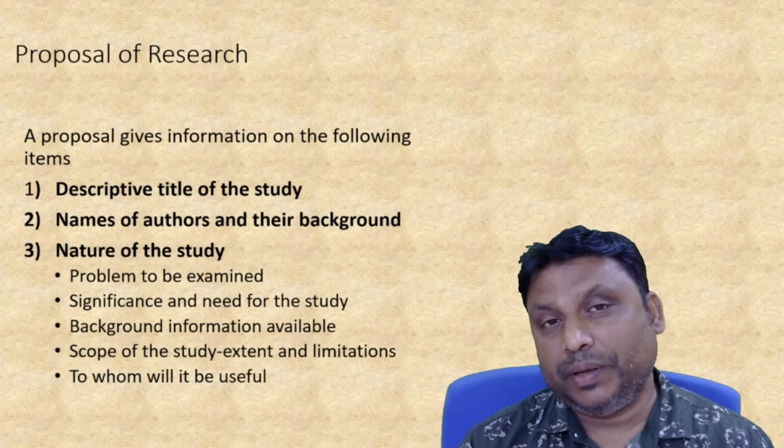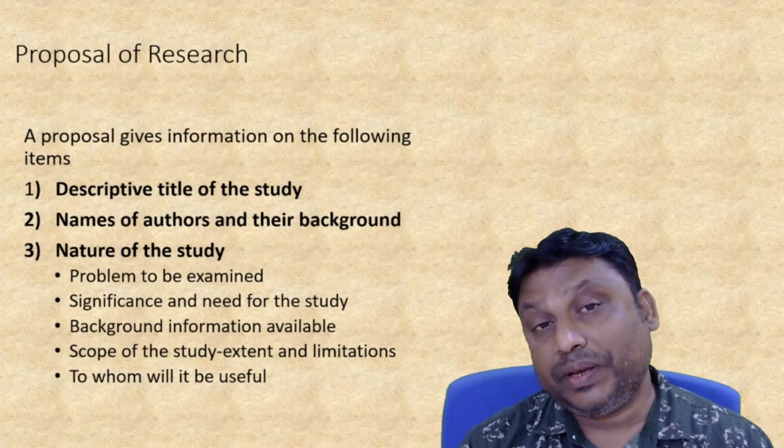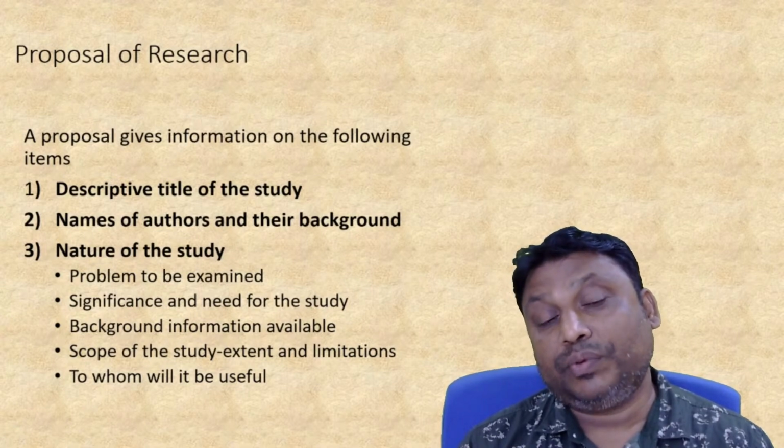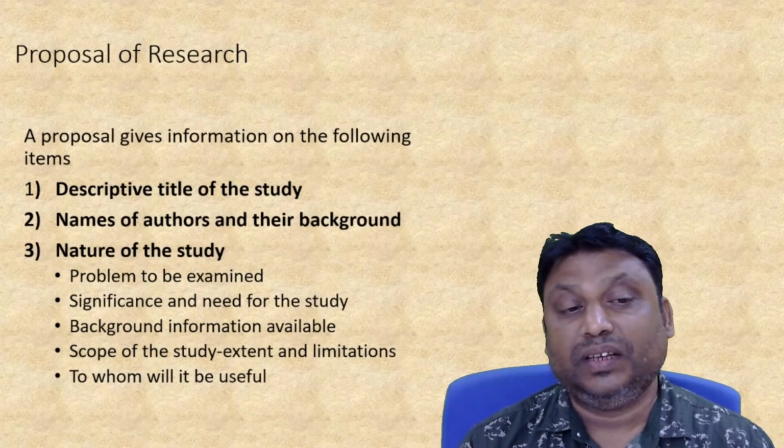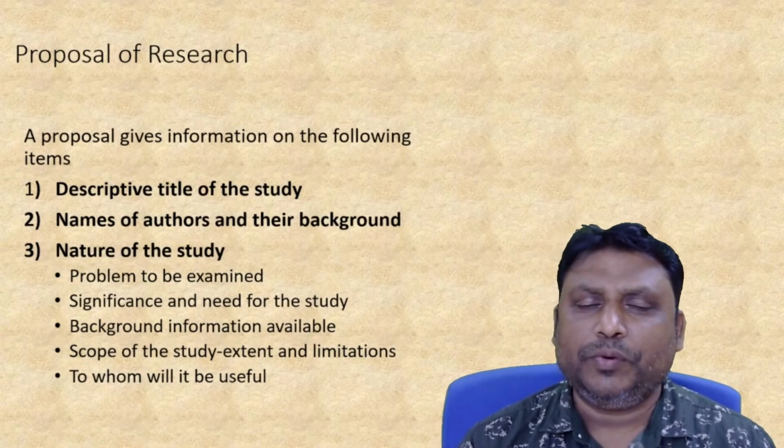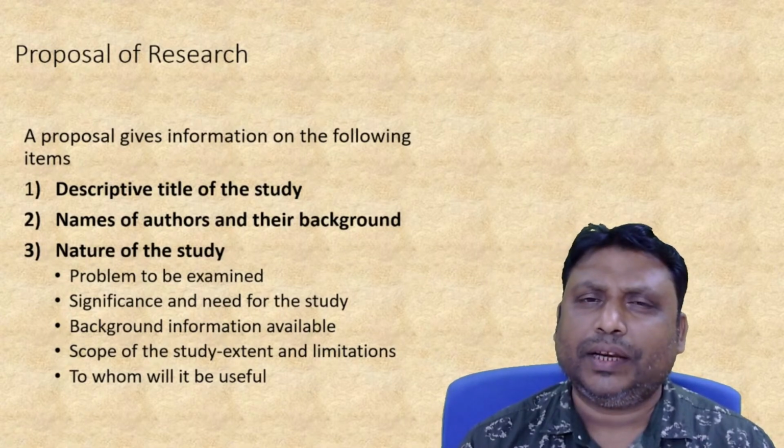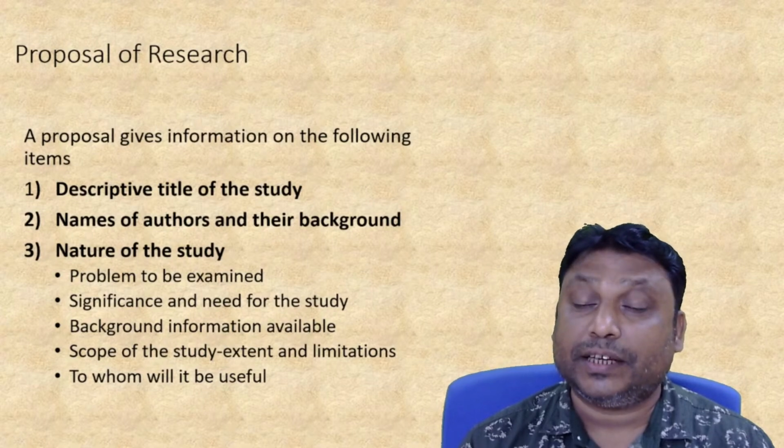So the topic is very, very important. If your topic is wrong, the entire process is wrong. The topic is very, very important, and your objective is also very, very important. These two. Then after that, if you find out the title, then for the descriptive research work or descriptive title